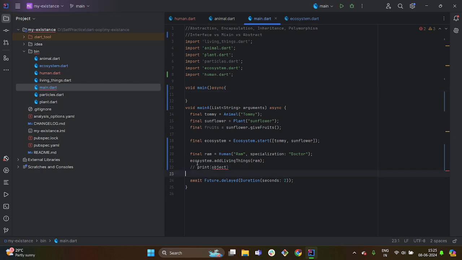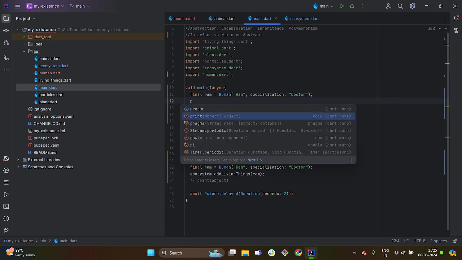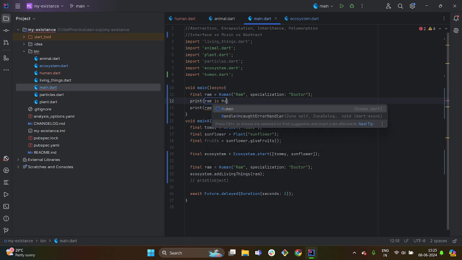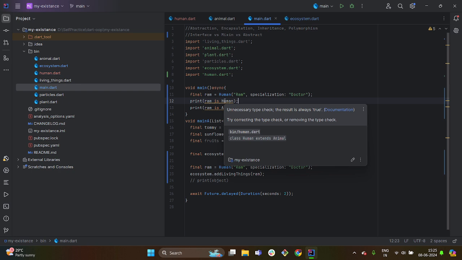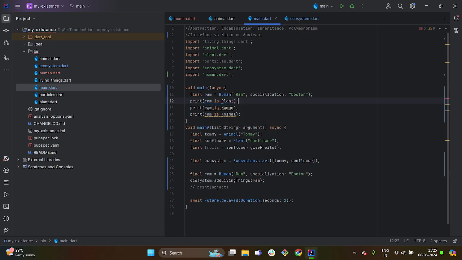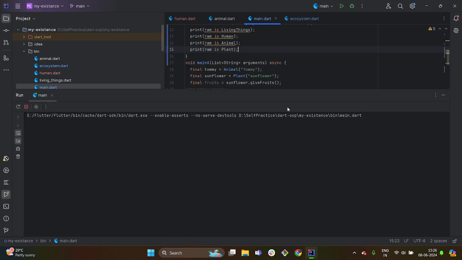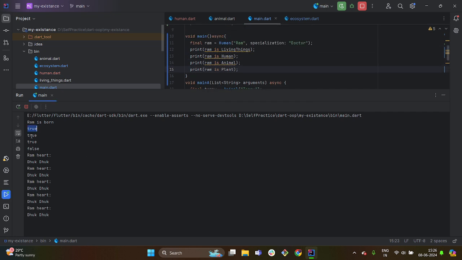Let's say there is an object named Ram and we print: Ram is Animal, Ram is Human, Ram is Plant, Ram is LivingThing. If you can see, Ram is LivingThing is true, Ram is Human is true, Ram is Animal is true,